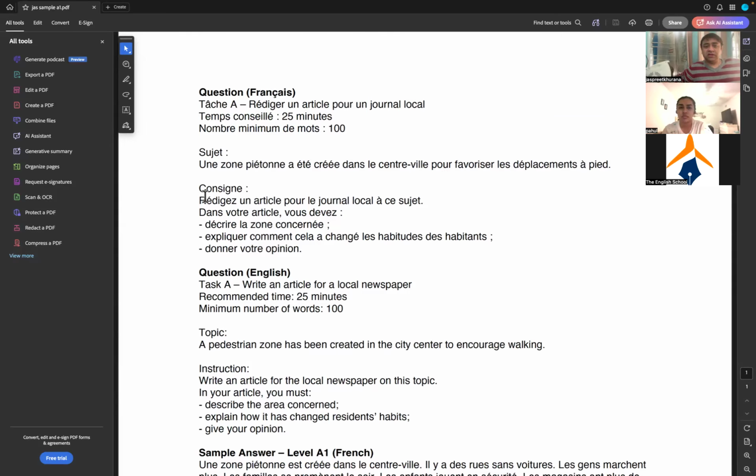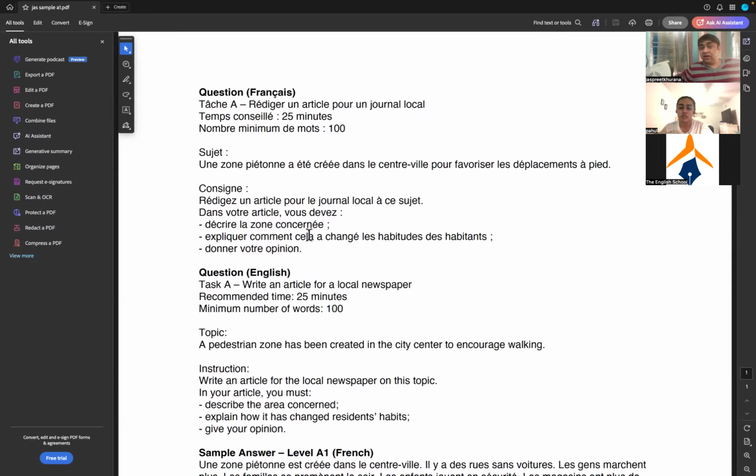Consigne means instructions. What are the instructions? Number one, rédiger un article pour le journal local à ce sujet. That means write an article for the local newspaper on this topic. Rédiger is to write an article for the local newspaper on this subject. Dans votre article, vous devez, in your article, you must